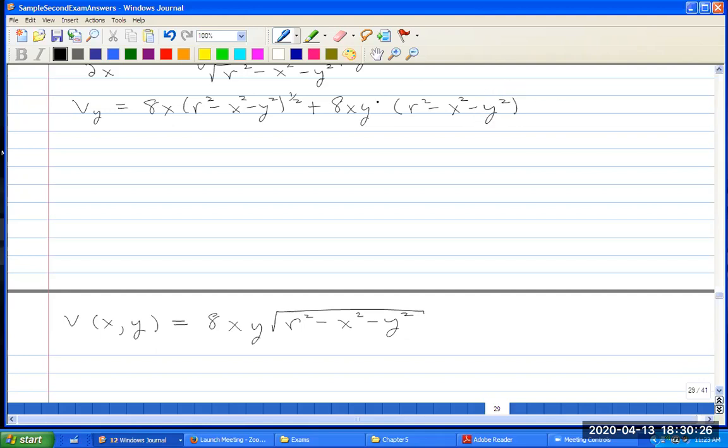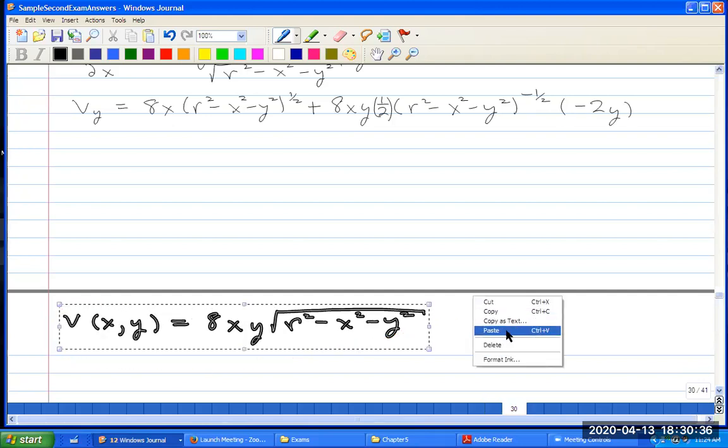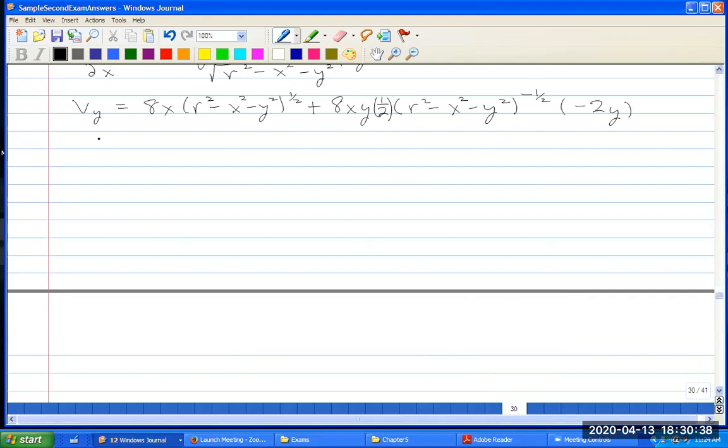Let's bring down the exponent, subtract 1 from the exponent, times the derivative of what's inside. And so the partial of v with respect to y is